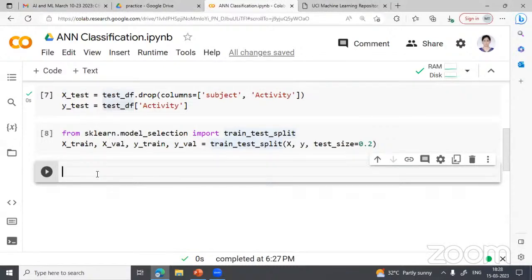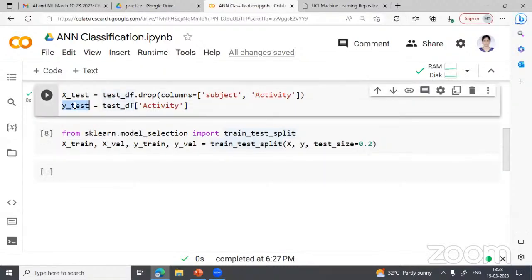So after splitting the data into training, validation, and testing, next is our Y. When you read the Y output, it has text values, that is standing, sitting, walking, laying. So in place of these variables, or you can say these strings, we have to replace these activities with some integer value. That is known as label encoding, where we will replace each activity or each output class with a corresponding